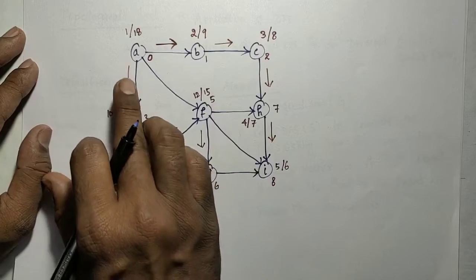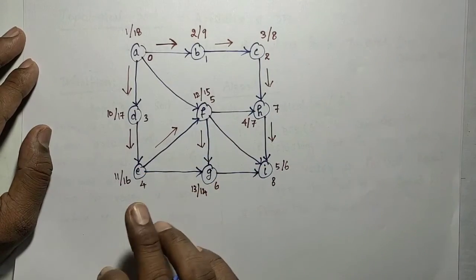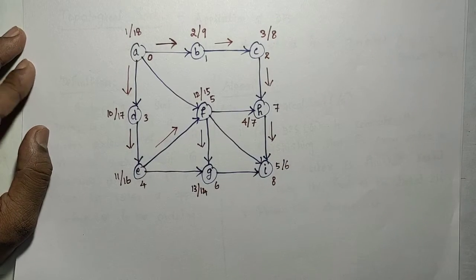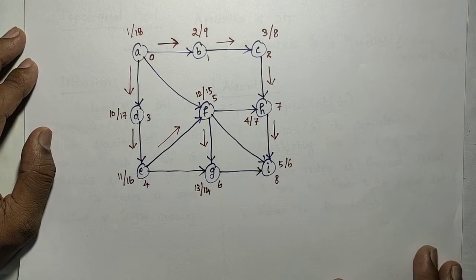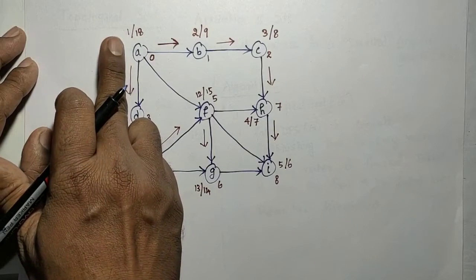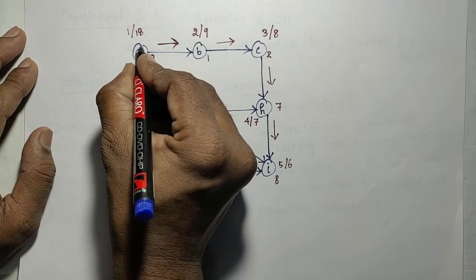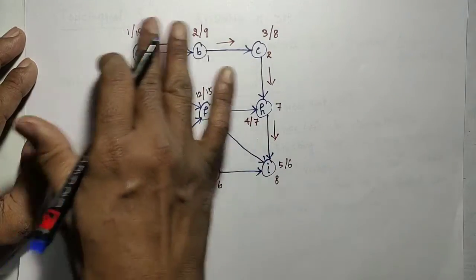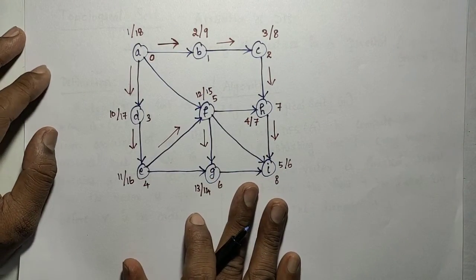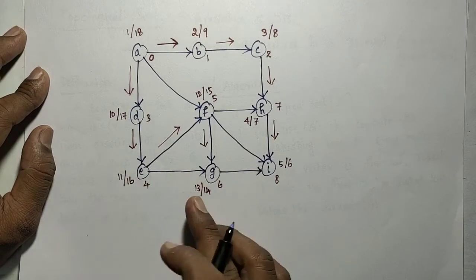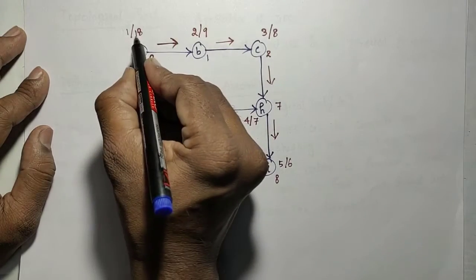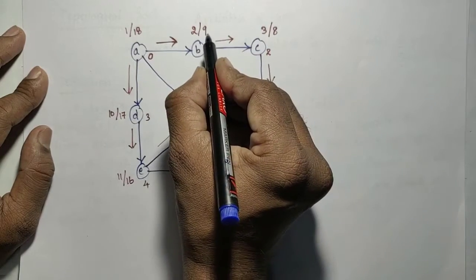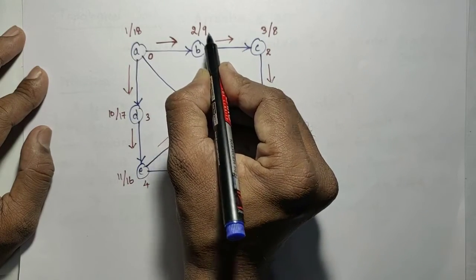If I want to find the topological order, we are going to write these vertices in a particular order. That is the result of a topological sort. For DFS there is no particular starting node. So we just perform the DFS on that graph and find the finishing time. The second number is the finishing time.